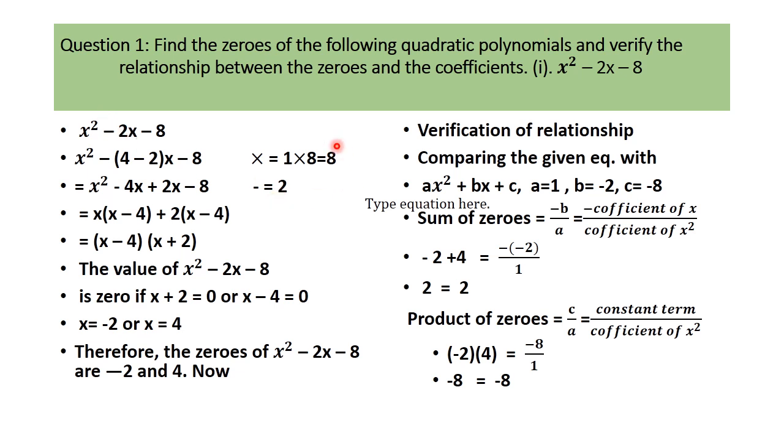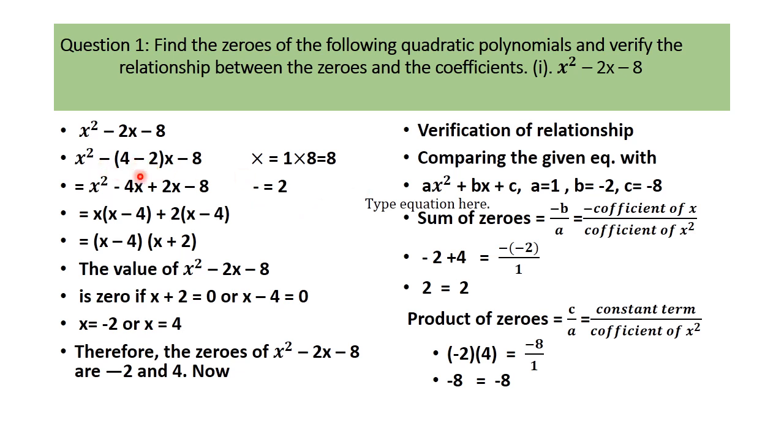we should get 2. Now we will take two numbers whose product is 8, and when we subtract these two numbers we should get 2, because here it is minus. If here it is plus, then we will add these two numbers. Like 4 2s are 8, 8 1s are 8. So the two numbers are 4 and 2. So we will subtract 4 minus 2, this is 2. So this is the method of how we break the middle term, like this, 4 minus 2.